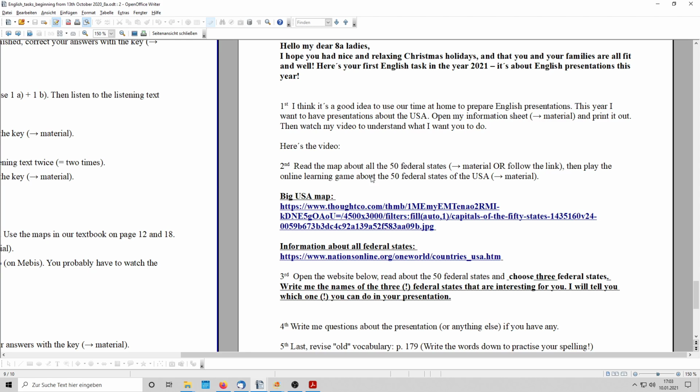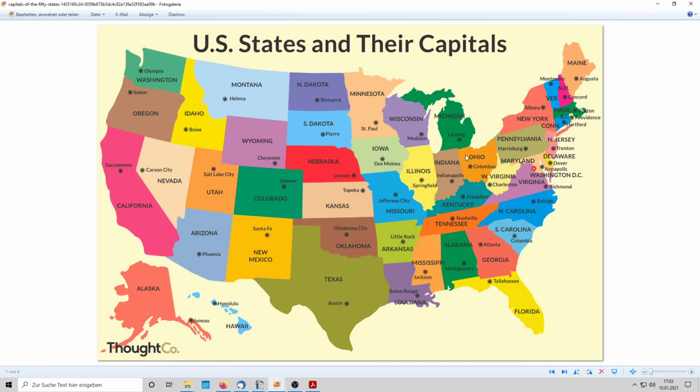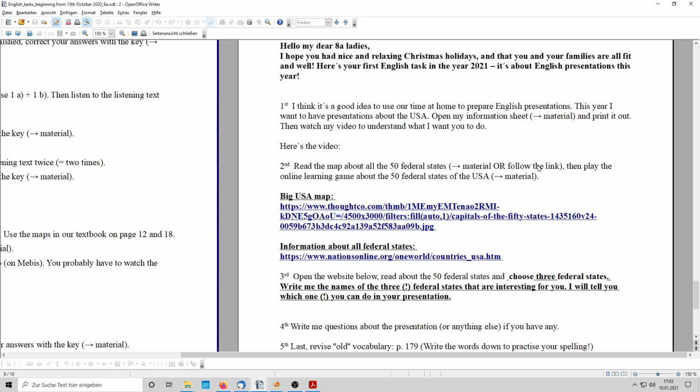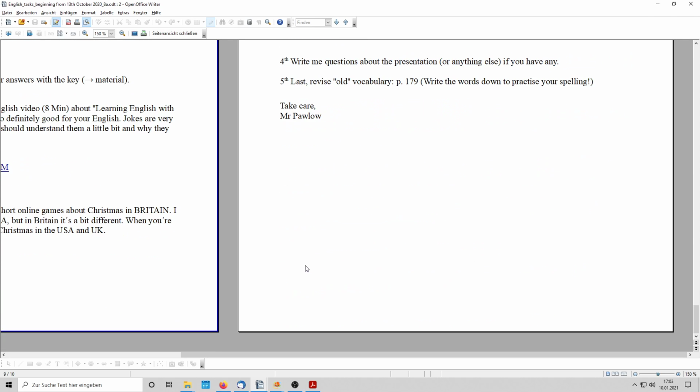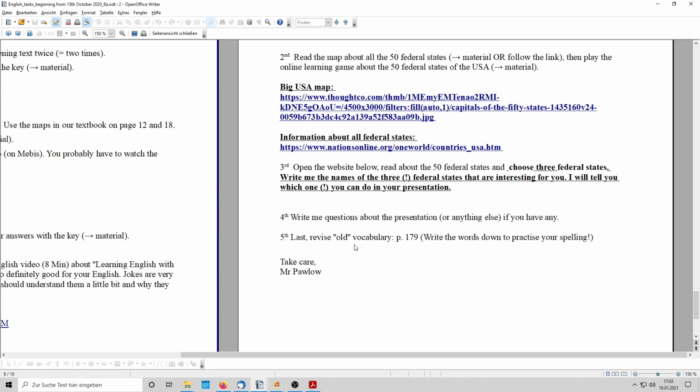Right, here's your task. Read the map about the 50 federal states. So that's this map here. It's in your material, or you can follow the link here. This is the link. And then play an online learning game about the 50 federal states of the USA. So you can maybe already find out about all the federal states, which federal states are interesting for you, okay? And then open the website below. That's actually this here. I'm going to put it right on Mebis. So this is the site